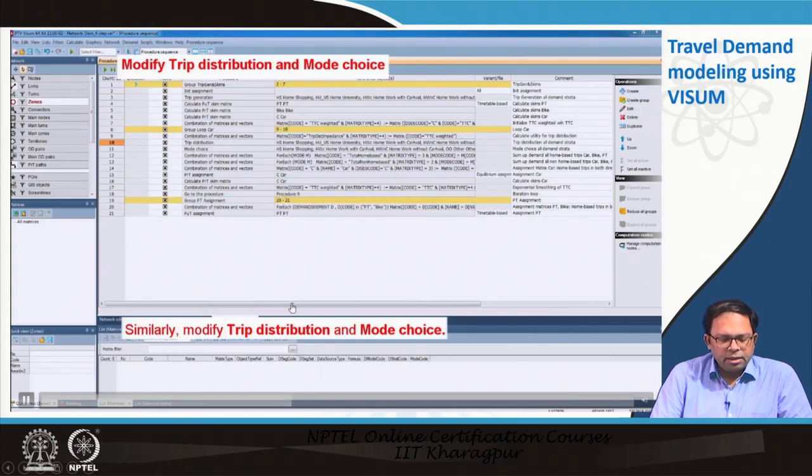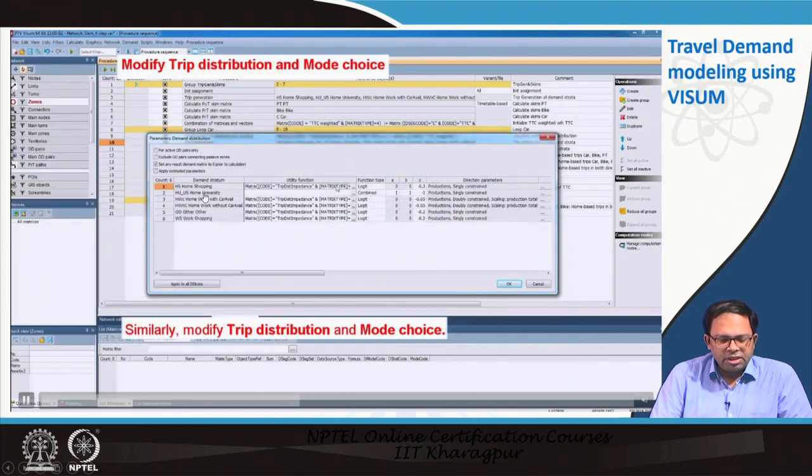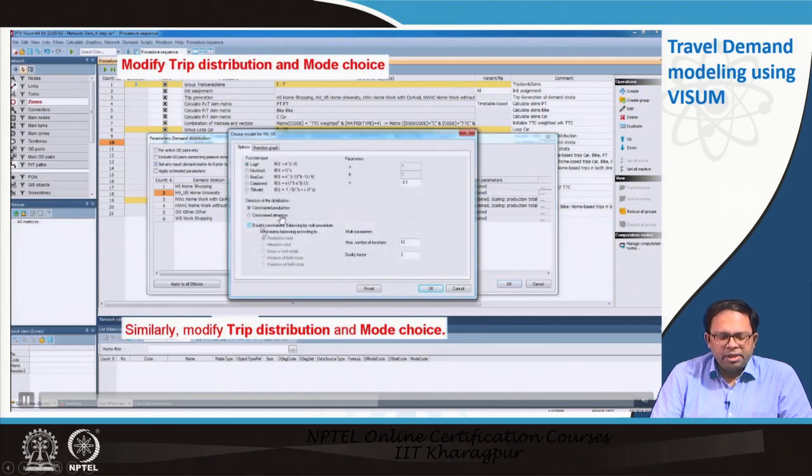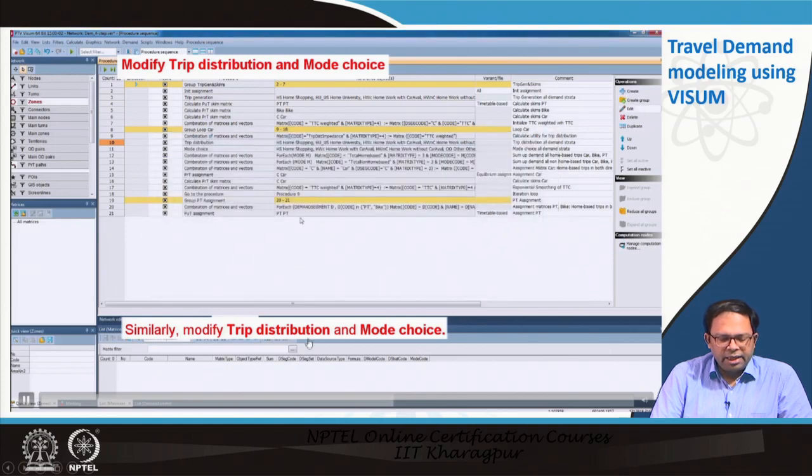Once we have done that, we can edit the trip distribution, and here we can use the same impedance as for the other home university trips. So, for this demand strata we use the same utility equations. These are logit equations, log sum values are used for distribution, same as it was done in the Cube model that I was showing earlier. So, we just copy paste the same data. So, we use a logit function and we do it.